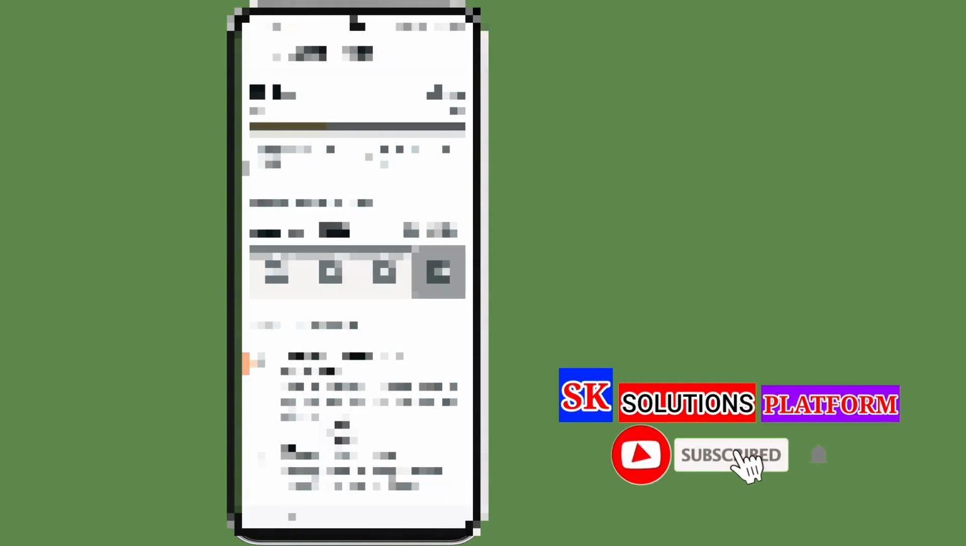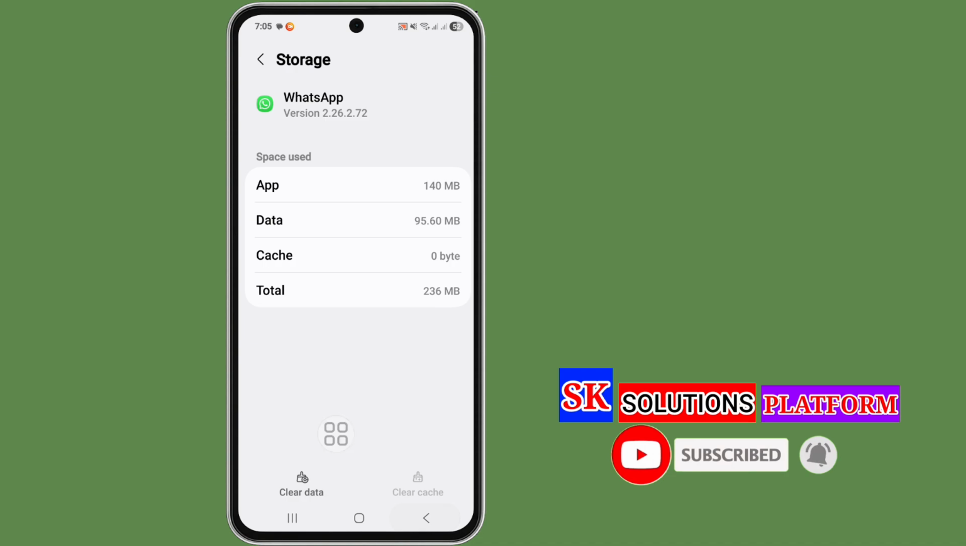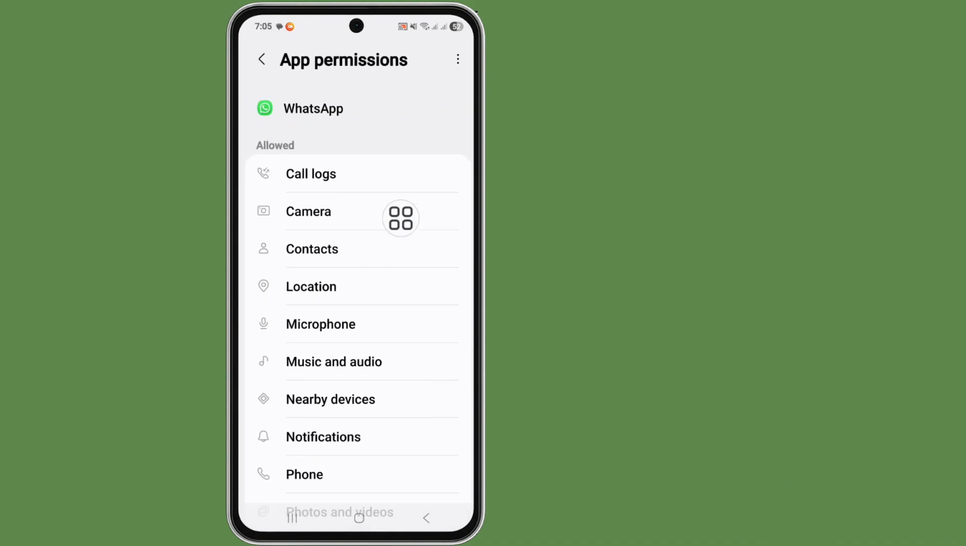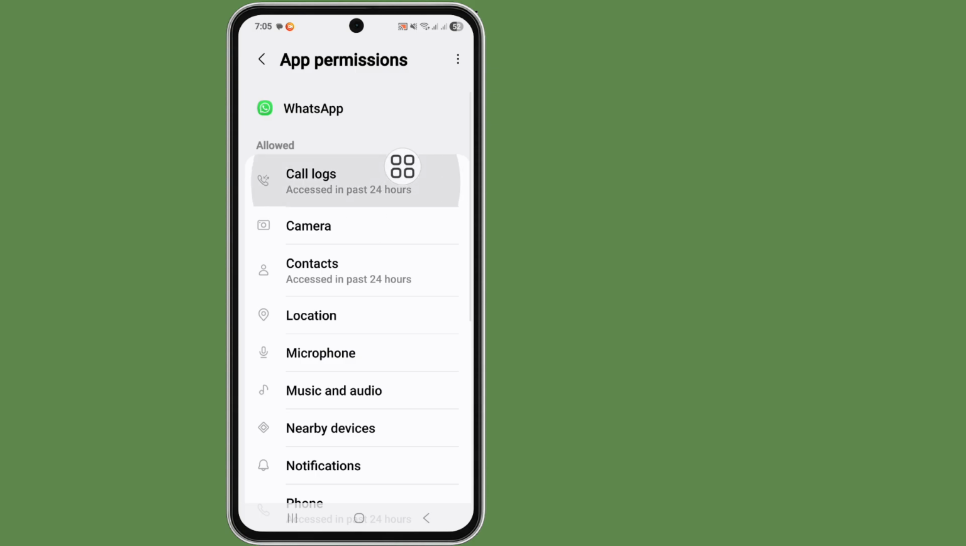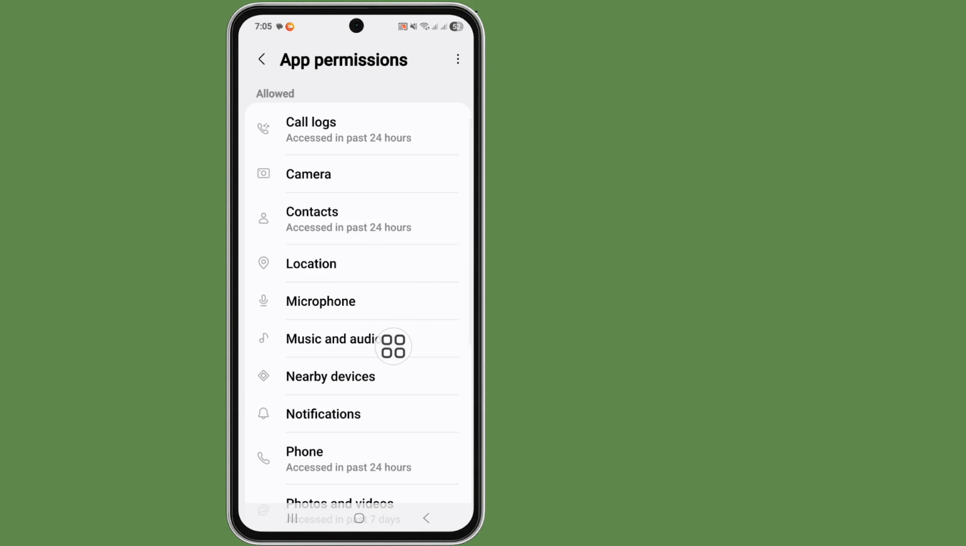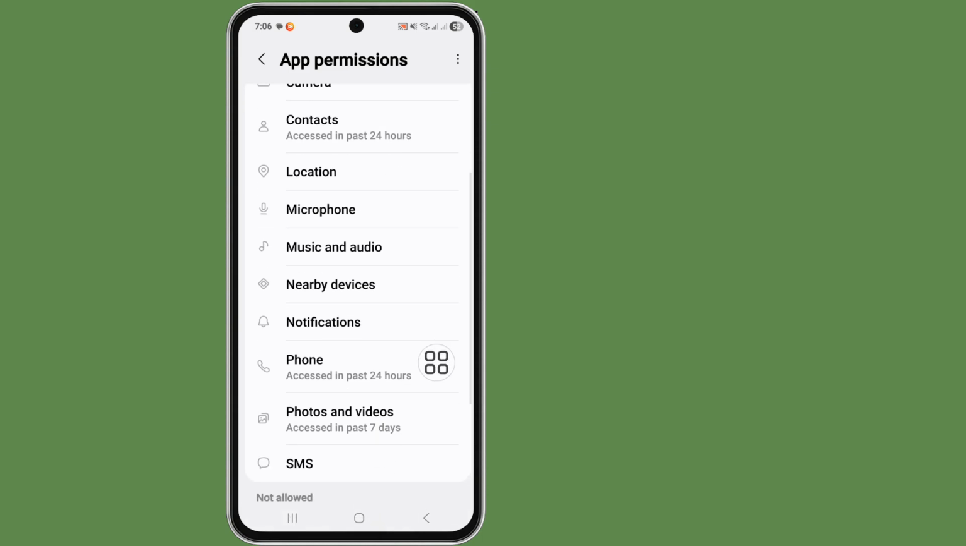Okay, go back. Now tap on the permission option and allow all permission. Call logs allow, camera allow, and the contacts, location, microphone, music and audio, nearby devices, notification, phone, photos and videos, SMS. Okay, allow all permission. Okay, go back